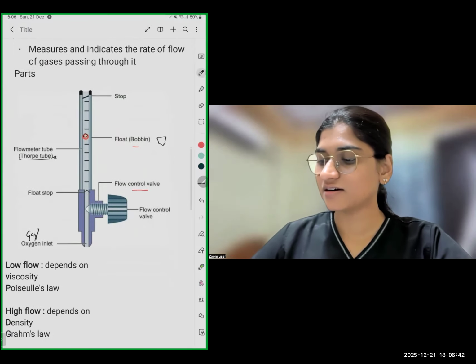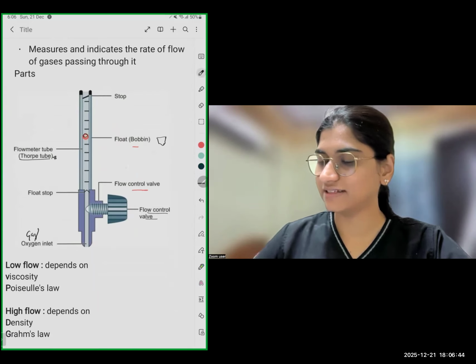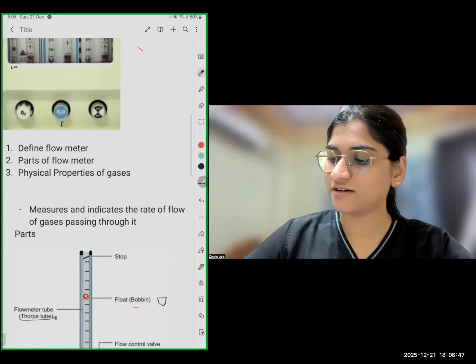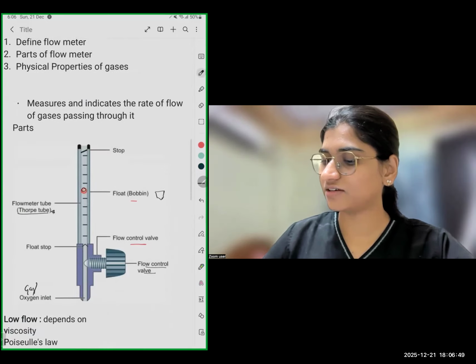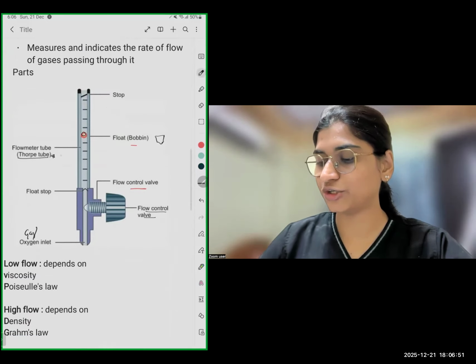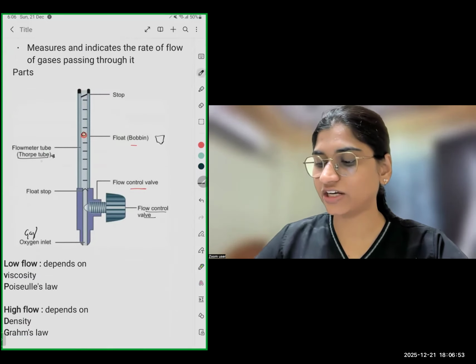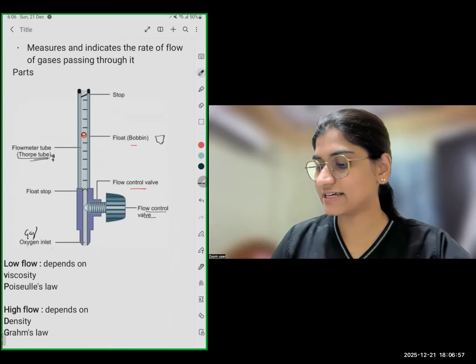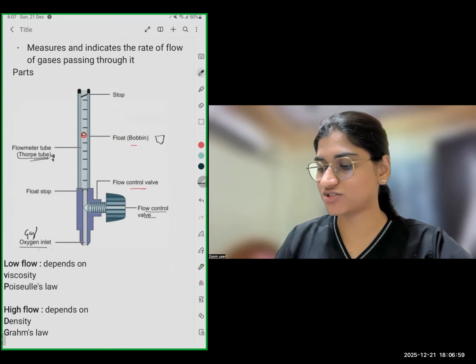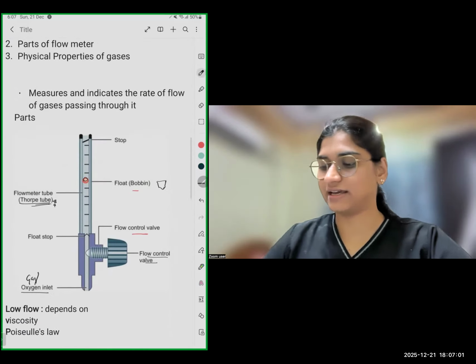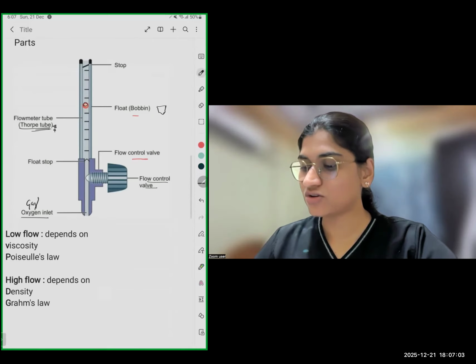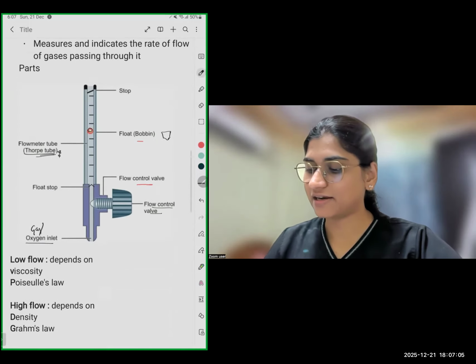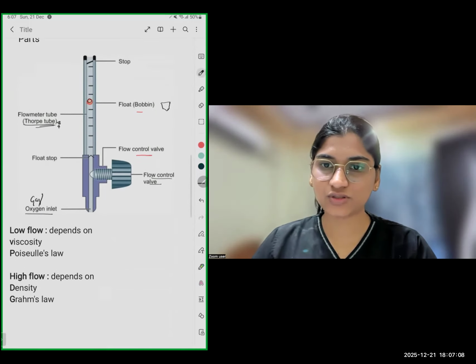Then the flow control valve. Here it is the flow control valve. And we call this tube a flow meter tube or a Thorpe tube. This is a very important name. You have to remember Thorpe tubes. And this is the flow stop. This is the gas inlet; any gas, oxygen or nitrous oxide or air, anything can be there. So this is about the parts,